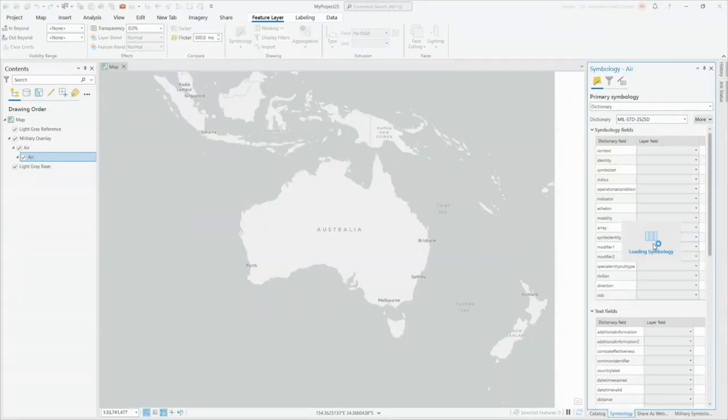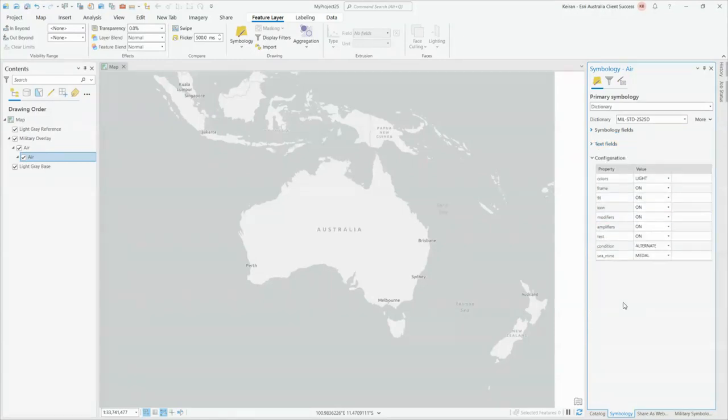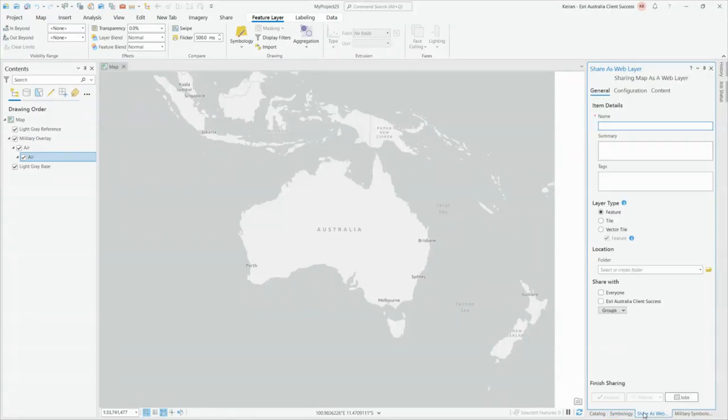That's going to load that symbology into ArcGIS Pro, so we can see that process going on now. Now that that's loaded in, we need to click the drop down here and make sure we pick the bottom option, because that'll be the style that you've just added in. Now that that is set up, this layer, your air layer, is now pointing to that symbology style stored within your portal. Now we can go back to the share as a web layer pane,